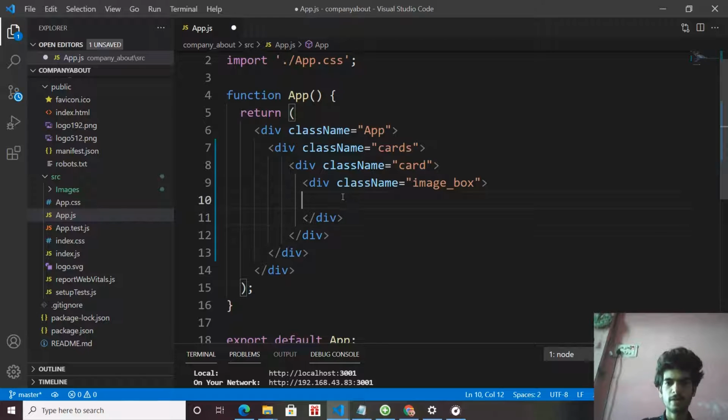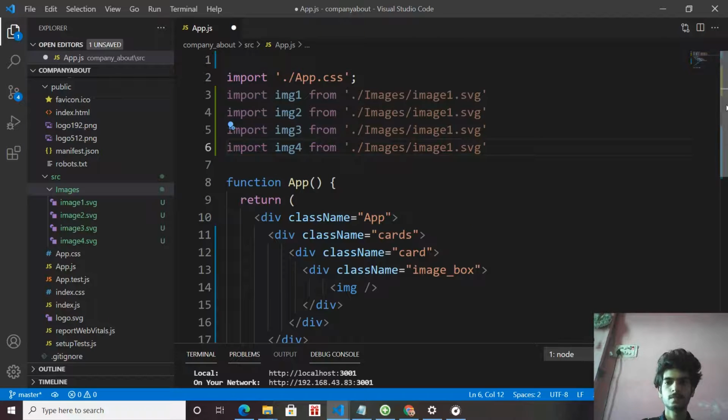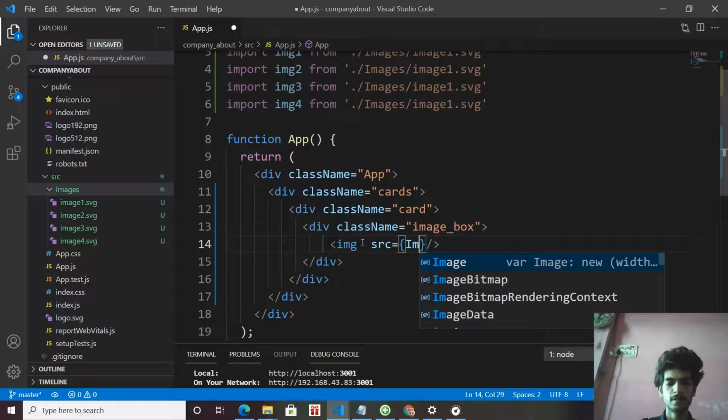In the image box we have our image. Import all our images. In the source, give the path of our image, and first is image1.